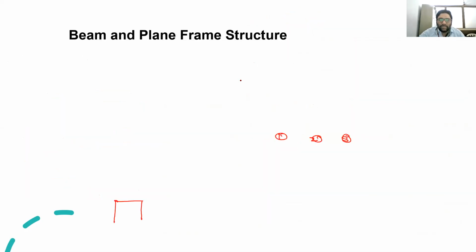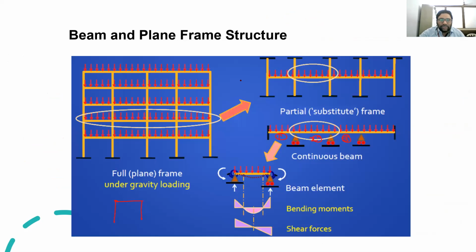Okay. Now let us move forward. So this is something called, how does a beam and a frame structure look like? Let us say, for example, you have a beam as well as a frame. So when you have the beam and a frame,